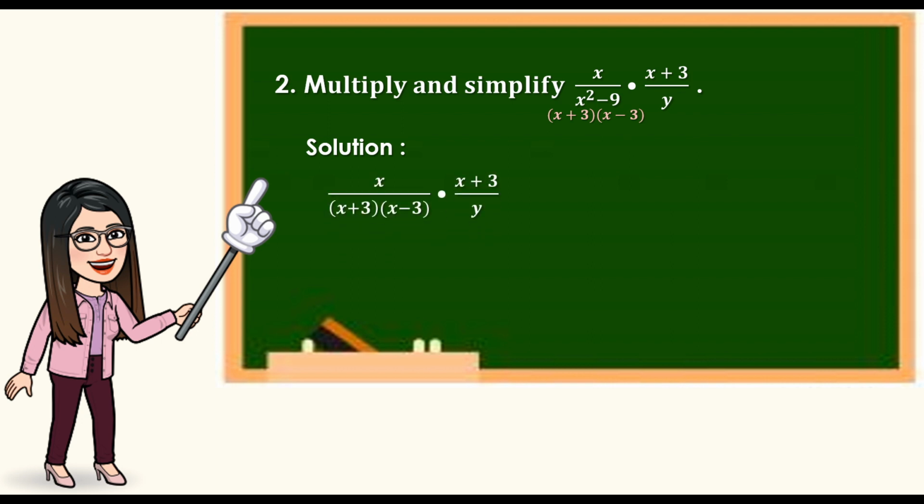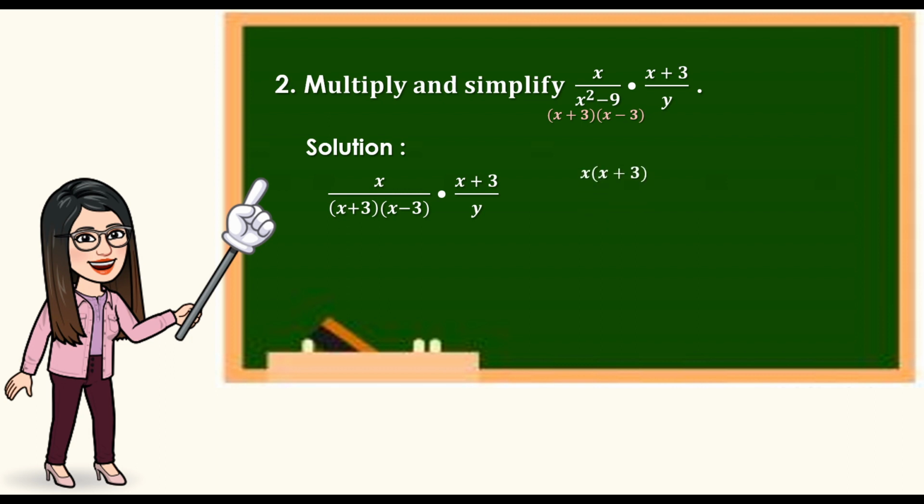Rewriting the given expression, we have x all over the quantity of x plus 3 times the quantity of x minus 3, times x plus 3 over y. Instead of writing x squared minus 9, you can write the factors of x squared minus 9